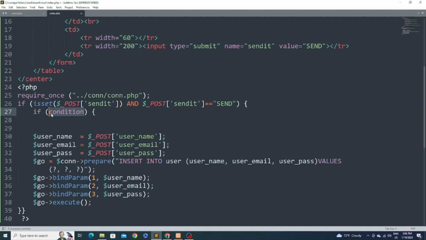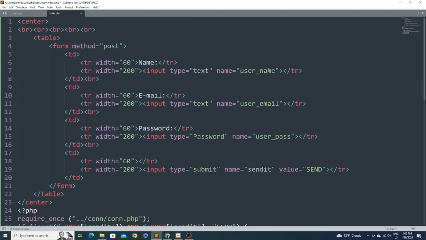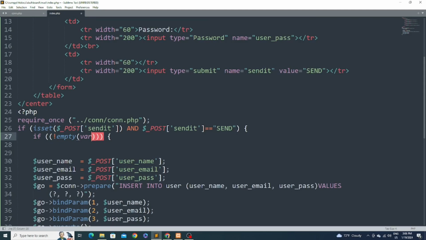The first condition is going to be not empty. If it's not empty, first one is going to be post username. If your username is not empty,